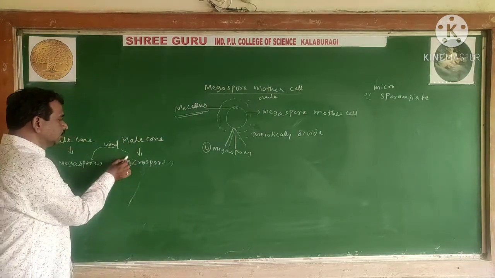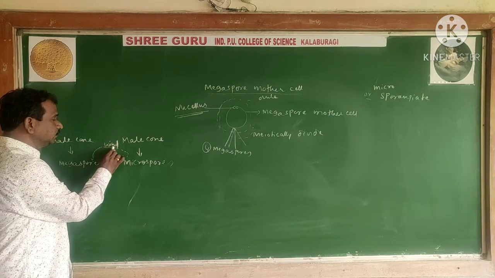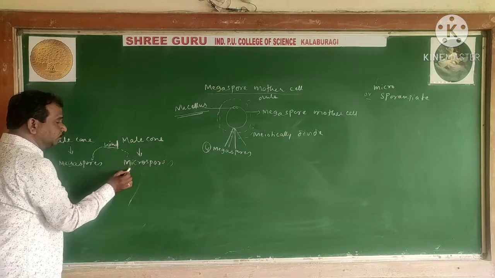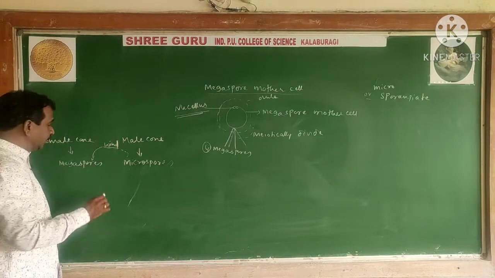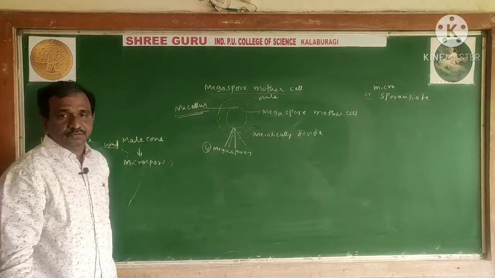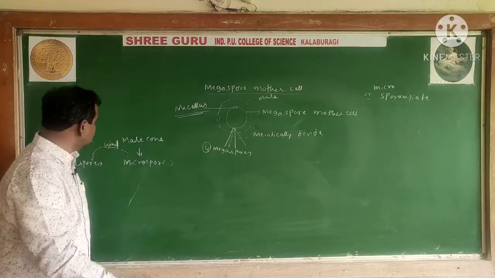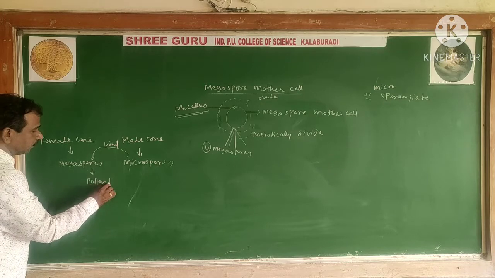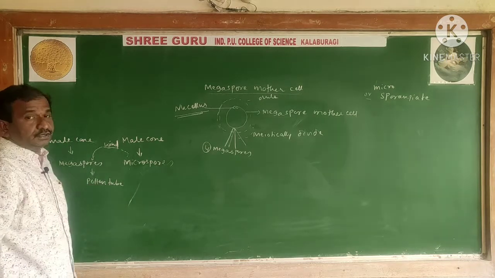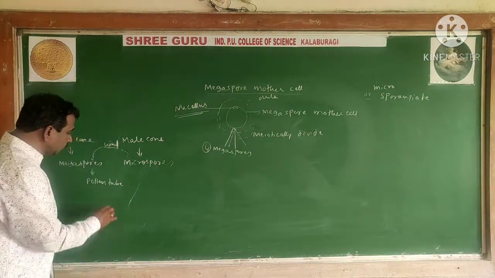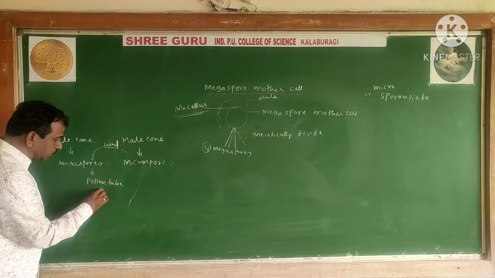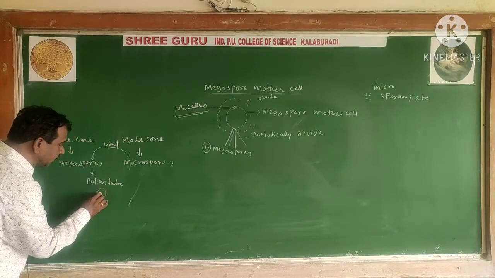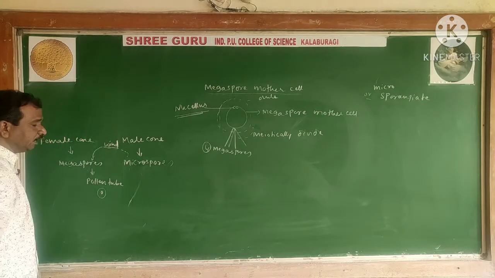How does it happen? Pollination takes place by means of the wind. When maturation takes place, we can observe that the microspores are liberated through the wind into the megaspore, that is, the ovules. Then it goes inside. Now what will happen here? Here pollen tube formation takes place. When the pollen tube forms, each pollen tube carries the male gamete.